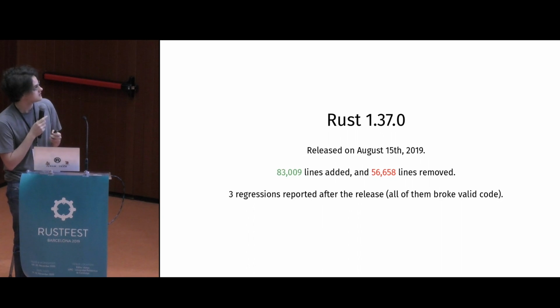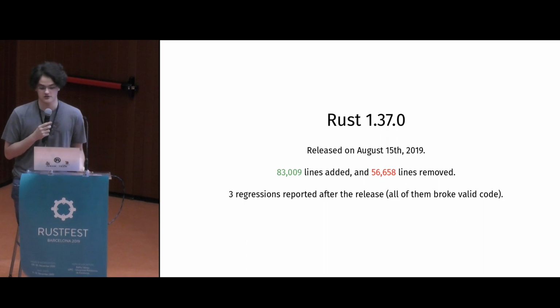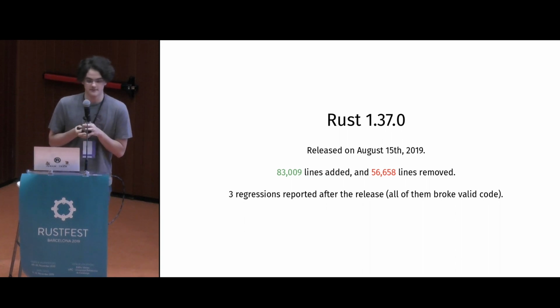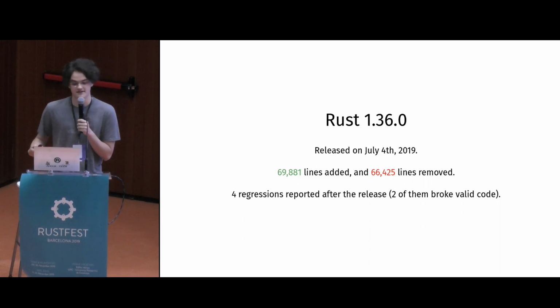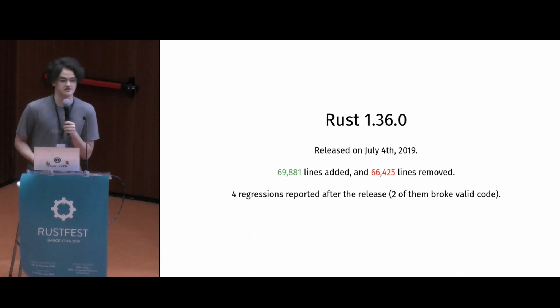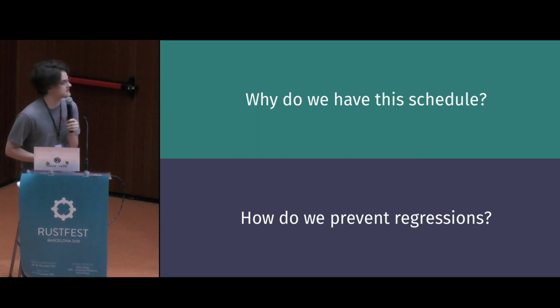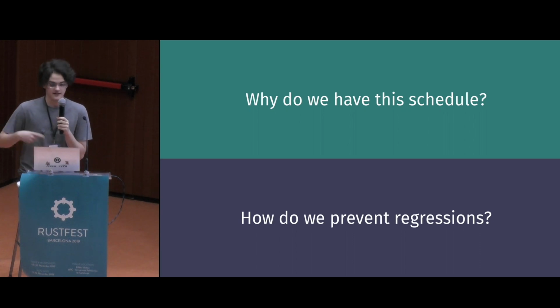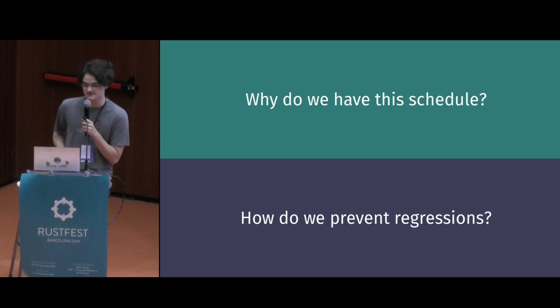6 weeks earlier, there was another release. And this changed tens of thousands of lines of code, and we just got 3 regressions reported. And unfortunately, all of them broke valid code, but it's a very small number. And even before, we got 1.46 out in July, with just 4 regressions reported. And so, in the talk, I want to explain a bit why we do releases this fast, which creates a lot of problems for us, and how we can prevent regressions, and get very few reported after the